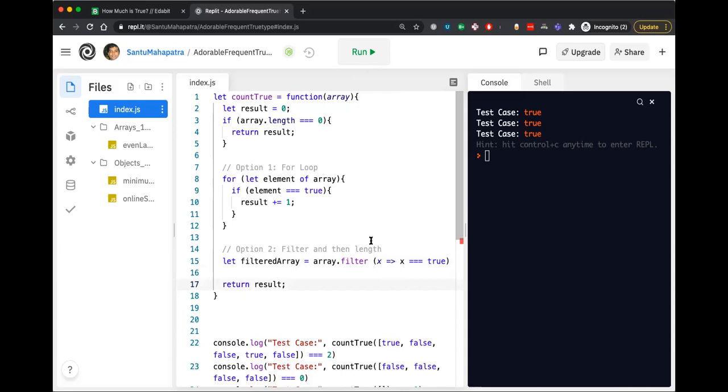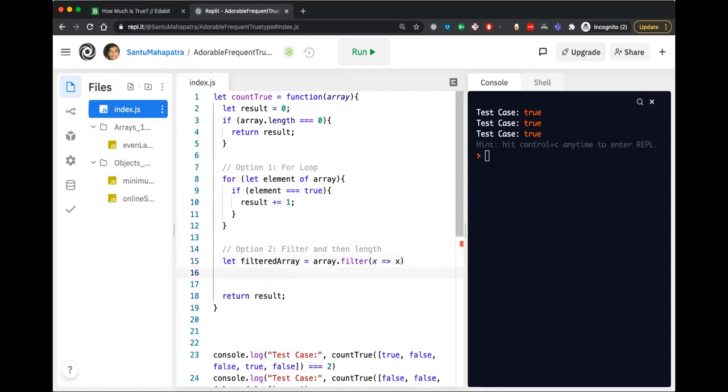Actually, we don't need to check because we are getting Boolean. We can just check for x, which will sort itself out. And then result equal to filtered array dot length. So I will comment out this whole part.